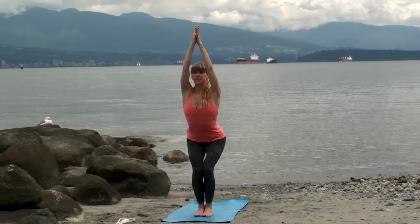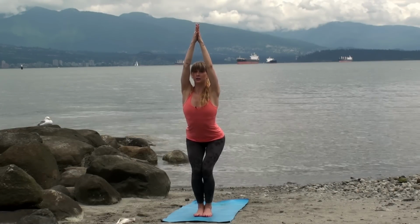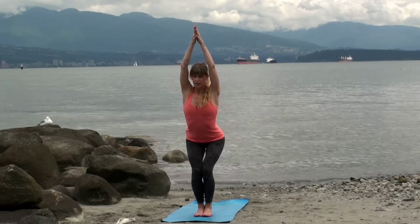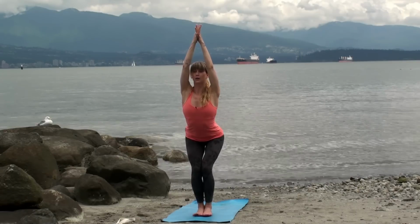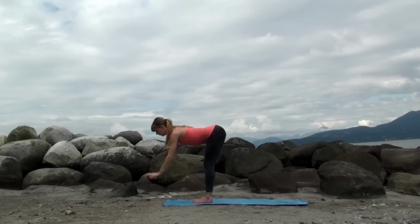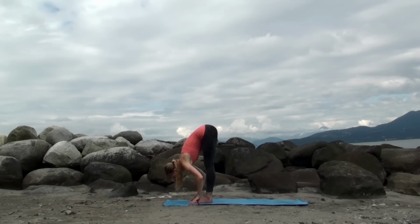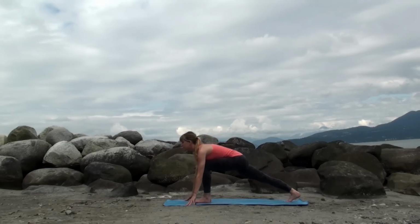From here, lift the deep pelvic floor, Mula Bandha. Then hug your belly button to your spine, Uddiyana Bandha. Let the heart be light and soften the shoulders down your back, relax your jaw. One more breath in. And on your exhale, fold forward over your legs. Inhale, lengthen your spine. And then from here, exhale, step your right foot to the back of your mat and